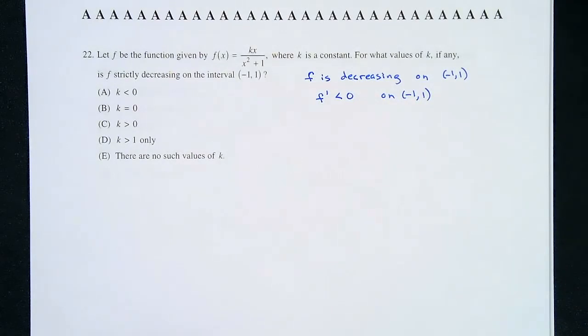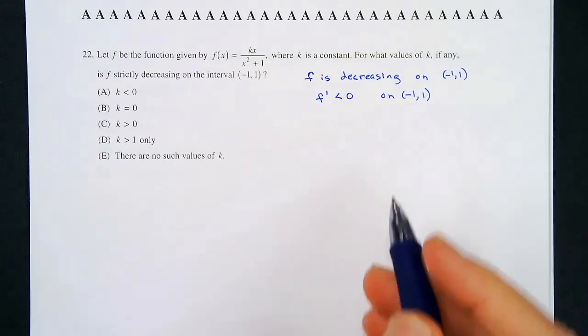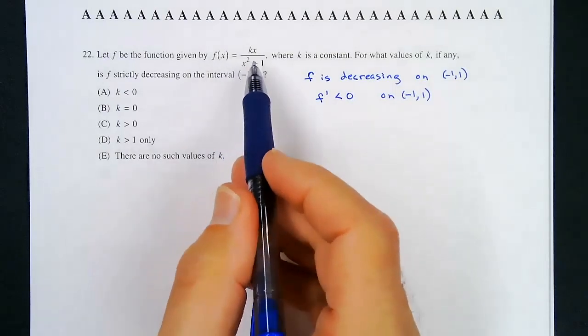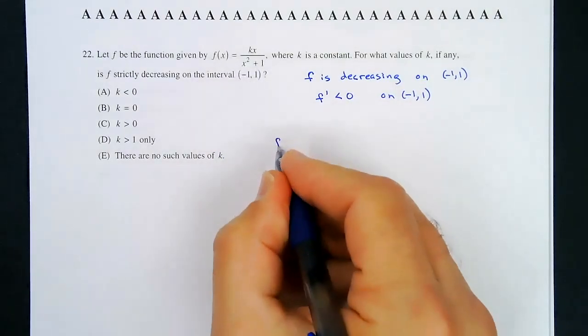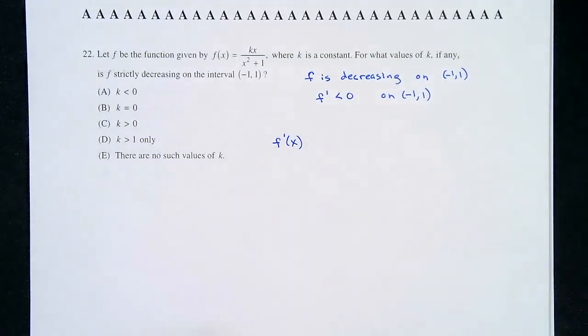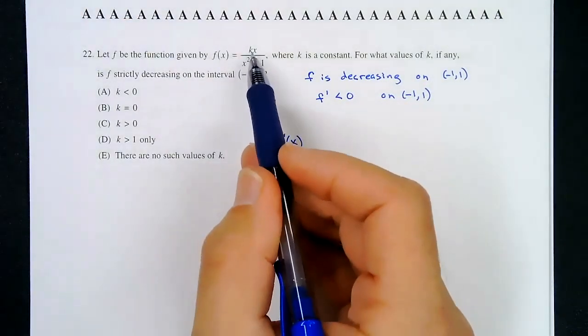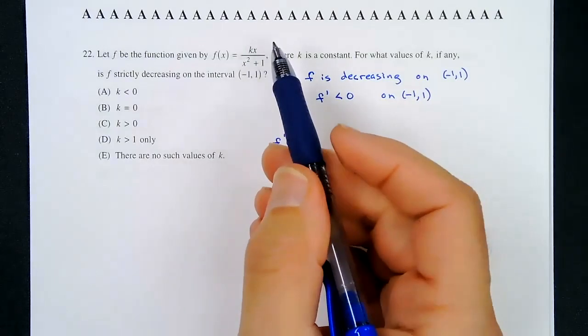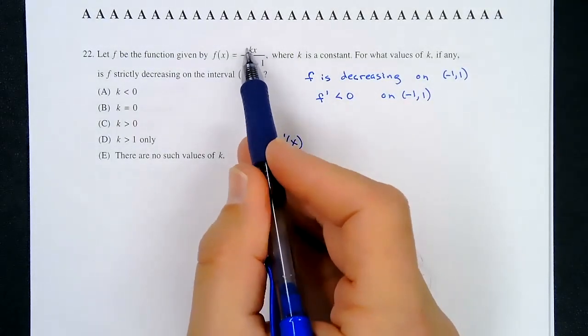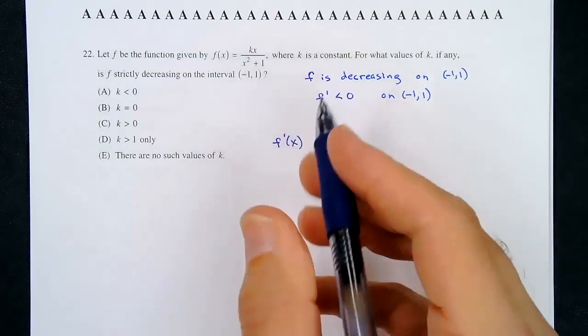Okay, so we need to figure out what k value causes the first derivative to be negative when the x's are between -1 and 1. So what we need to do is find the derivative of this, okay? To find the derivative, we're going to have to apply the quotient rule. So the derivative, and we've got to think of k as being a constant, like 5 or 6 or something like that, okay? So the derivative of the top would just be k